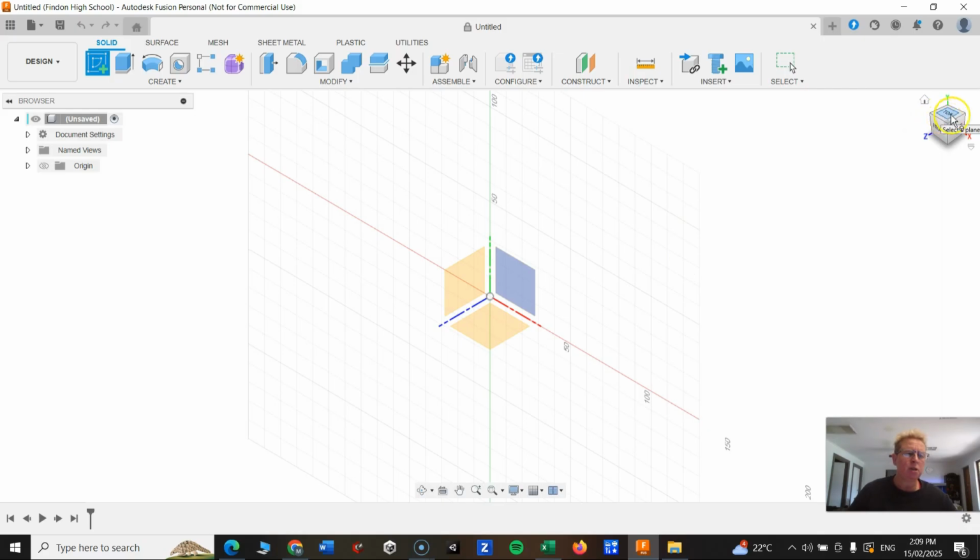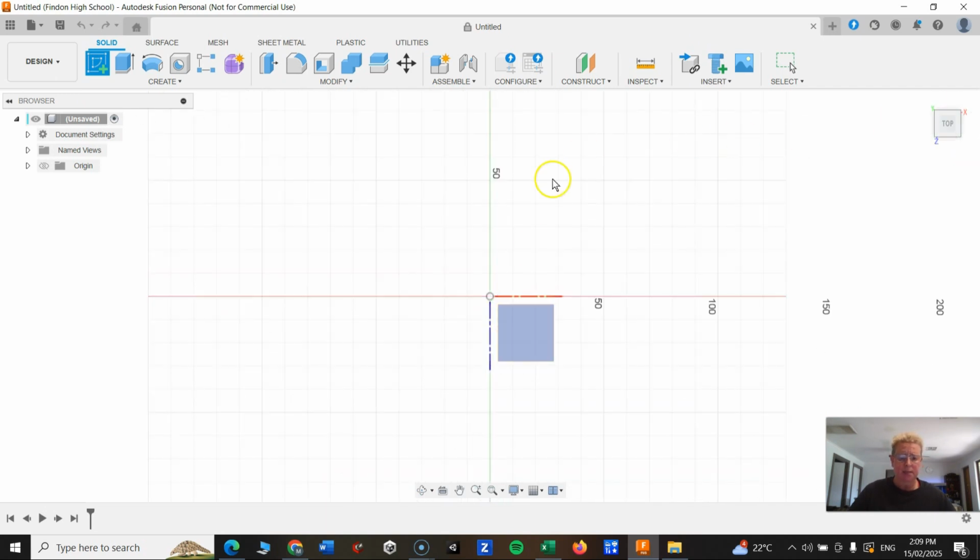What I want you guys to do is on this little dice up the top here, I want you to go to your mouse over the very top. There you'll see it's turned blue, and I want you to single left click. Now what's happened is this has orientated or orbited your graphics area around, so we can't see the other boxes or parallelograms anymore. We can only see this one, which means if I was to go into the art studio